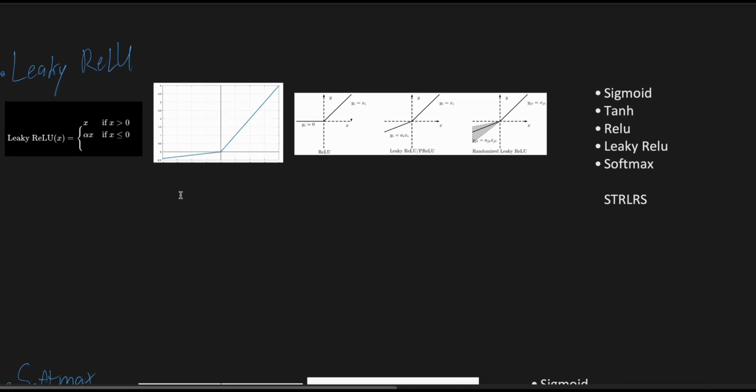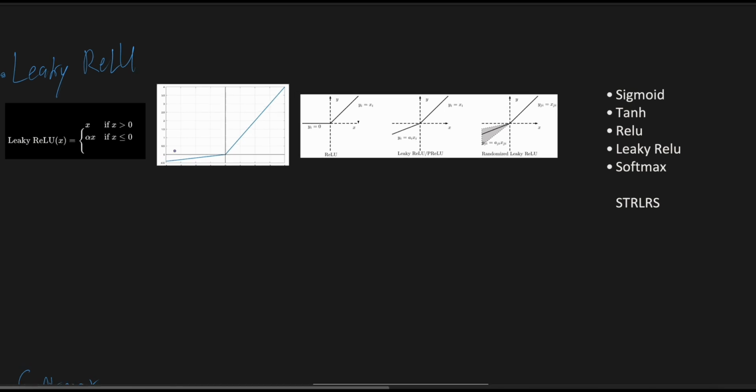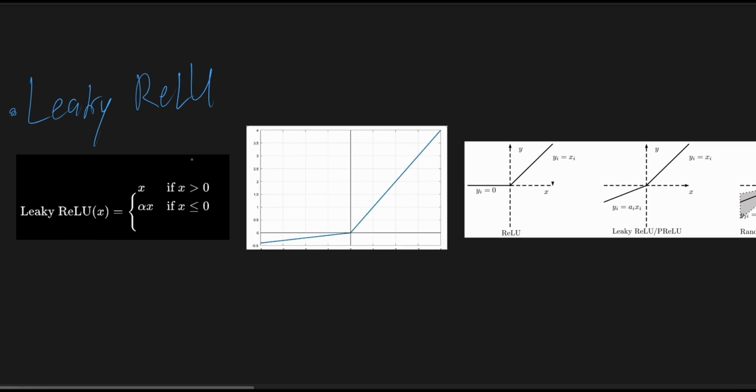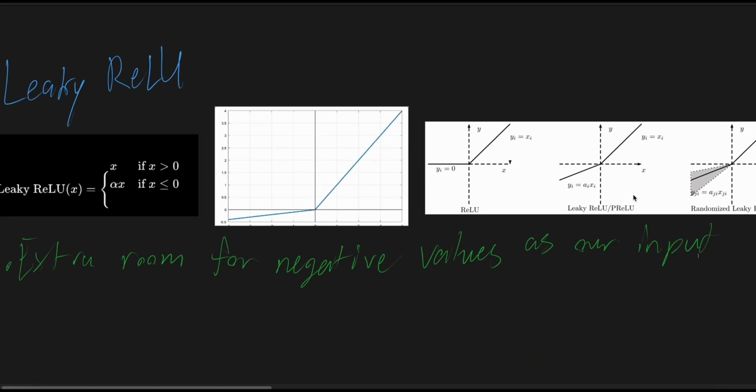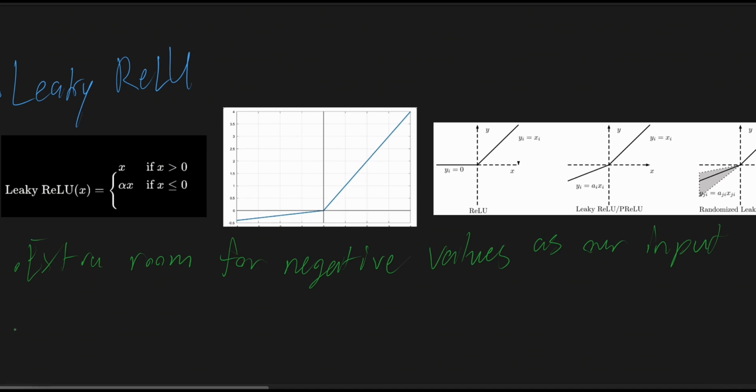Now, the leaky rectified linear unit improves upon the idea of the ReLU function by allowing a small non-zero gradient when the unit is not active, less than or equal to 0. So we notice in this negative region right here, it leaves some extra room for negative values as our input. We see the difference over here: that's ReLU, it's 0, but in this case we have a leaky ReLU to ensure that when there is a negative value, the slight slope ensures that even the dead neurons, those that only output 0 in ReLU, have a chance to update and contribute during the training process. So the reason for the slight slope